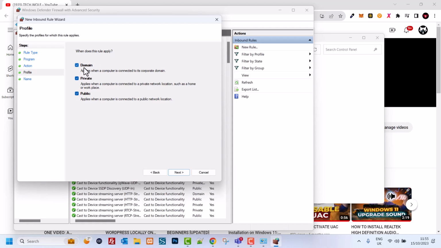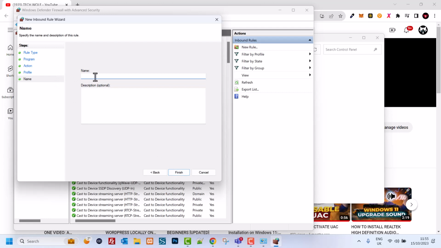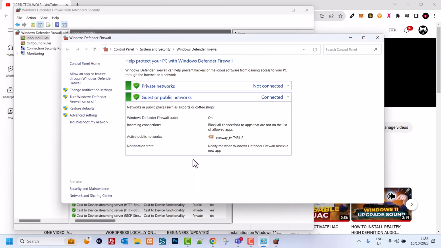When does this rule apply? When domain, private or public, and then click next, and here you simply give any name you want, how you want this rule to be called. I can call it PS for Photoshop and block. You can give whatever name you would like, guys. I will also show you how to unblock this in a second, but as you see, this is PS block. That's how I call it. You can give it any other name which you would like, guys, and then click on finish, and your application will be blocked from internet access.